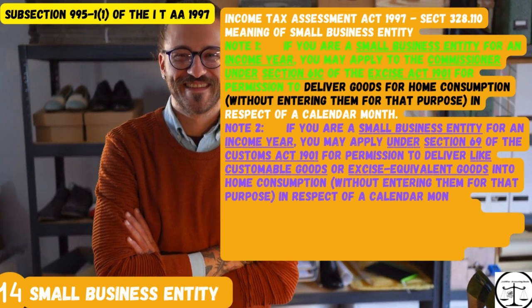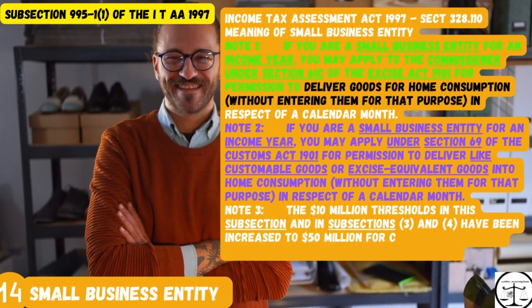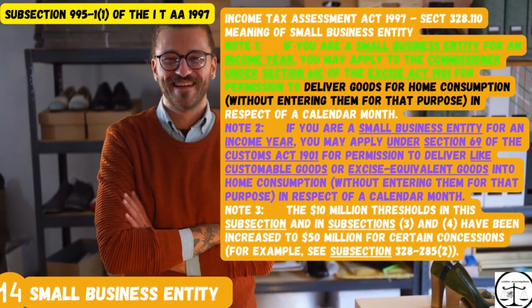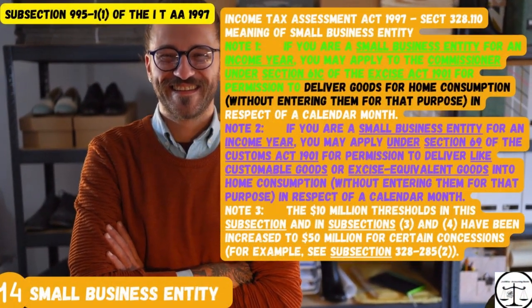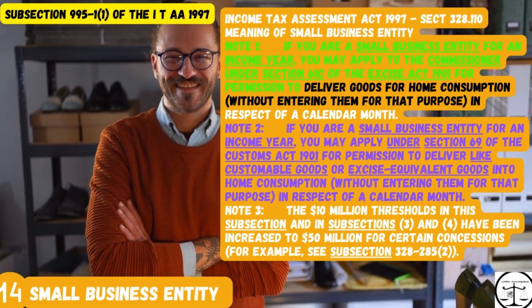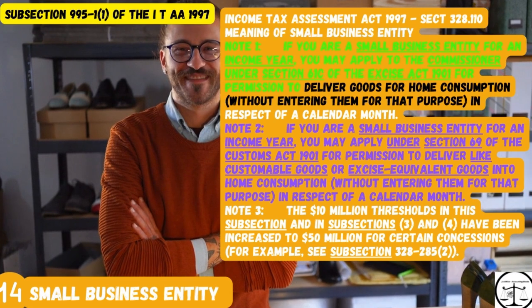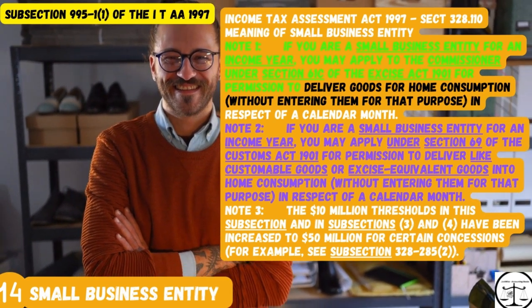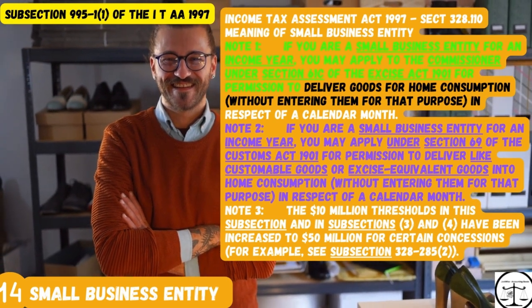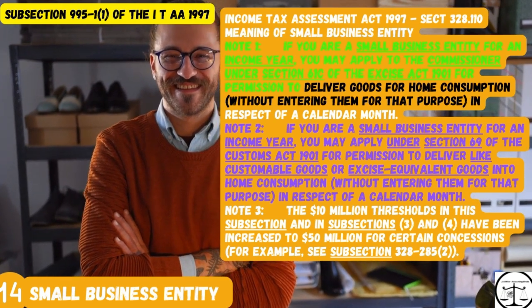Note 2. If you are a small business entity for an income year, you may apply under Section 69 of the Customs Act 1901 for permission to deliver like customable goods or excise equivalent goods into home consumption, without entering them for that purpose, in respect of a calendar month. Note 3. The $10 million thresholds in this subsection and in subsections 3 and 4 have been increased to $50 million for certain concessions. For example, see subsection